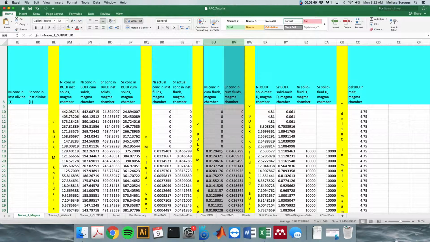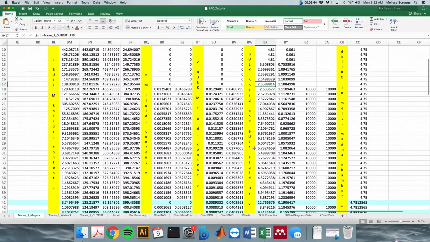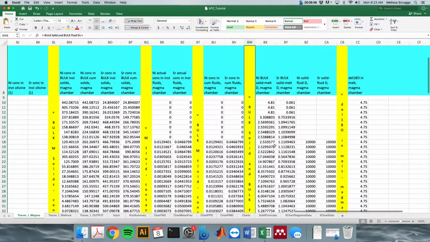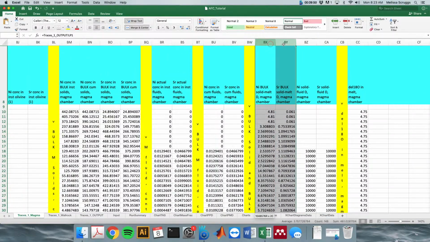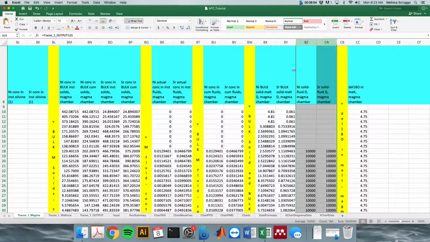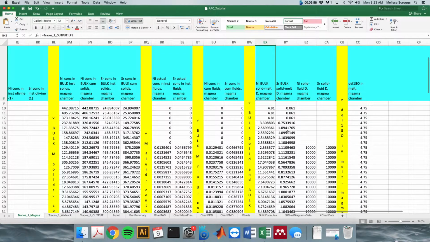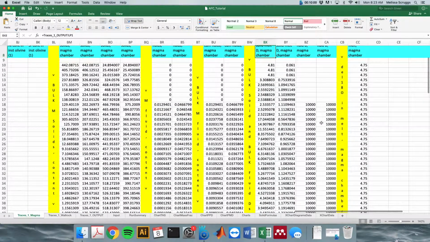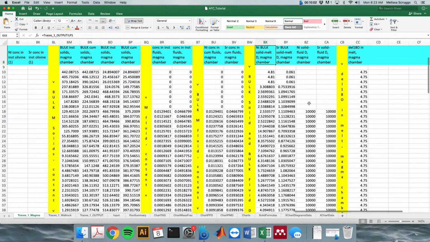The next yellow dividing column is labeled bulk solid and bulk fluid Ds. Here we've calculated the bulk solid melt distribution coefficient, as well as the bulk solid fluid distribution coefficient for each trace element you, the user, have modeled. As you can see, I didn't want any of these trace elements to partition into our exsolved fluid phase, so I set those bulk solid fluid distribution coefficients for both nickel and strontium to 10,000,